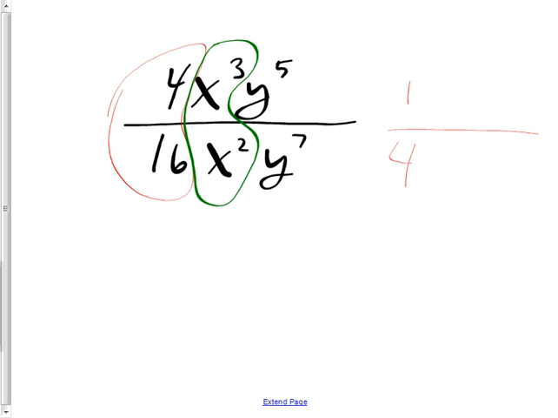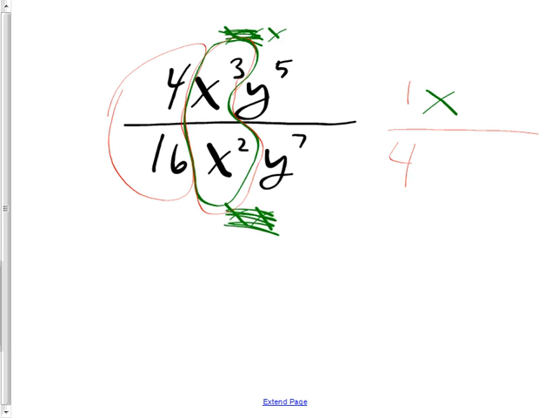Well, think of it as xxx on top. That's what that means. Over there's an xx on the bottom. Do you get the 2 of them can cancel? 2 out of the 3 can cancel. Cancel and cancel. So there's 1 x left, and it's where? On the top. Now, if you'd rather do that by saying, when you're dividing powers, you subtract the 2 powers and say x to the 3 minus 2 power,